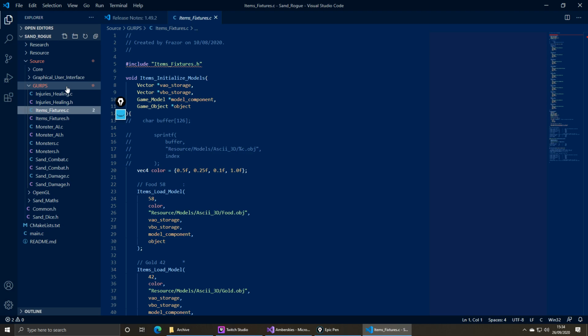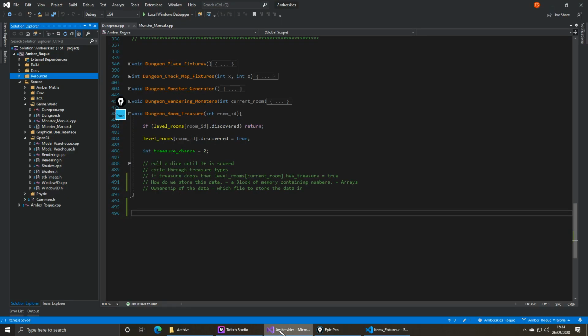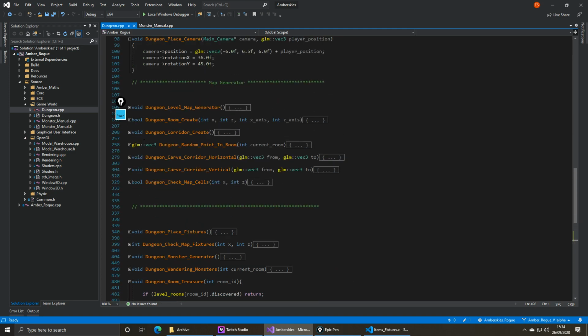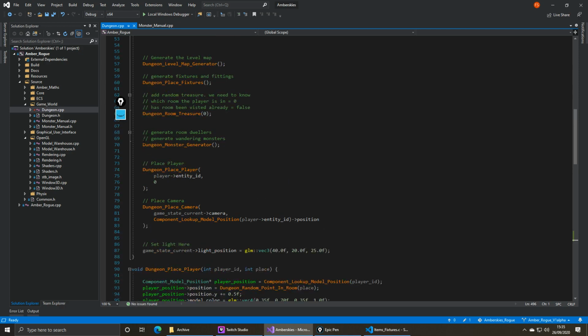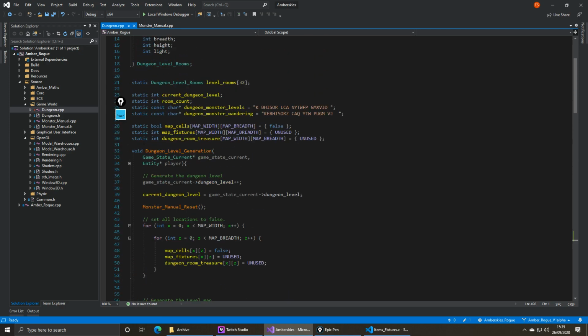Now, I don't have a rule set yet for Amber Skies. And at this point, I have to decide, am I going to go down that route? At the moment, I've kept away from designing the rules by using Game World. Okay? There's no actual rules in here. There's nothing here that affects the state of the game. This is all data management.